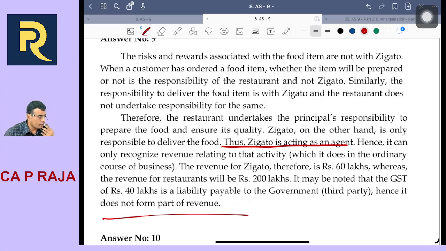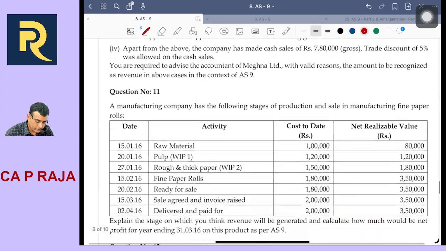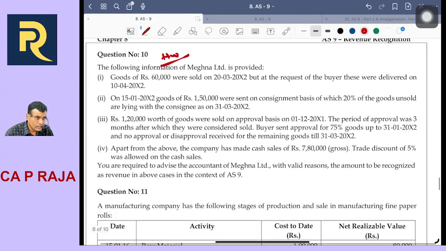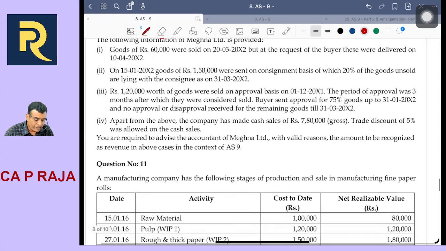Okay. Over to next question. Question number 10. Goods 60,000 were sold on 23/2/2022, but at request of the buyer, these were delivered on 10/4/2022. When did we recognize the income? Everybody. 23/2/2022. Next, on 15/1/2022 goods of 1,50,000 were sent on consignment basis, of which 20% of goods unsold are lying with the consignee on